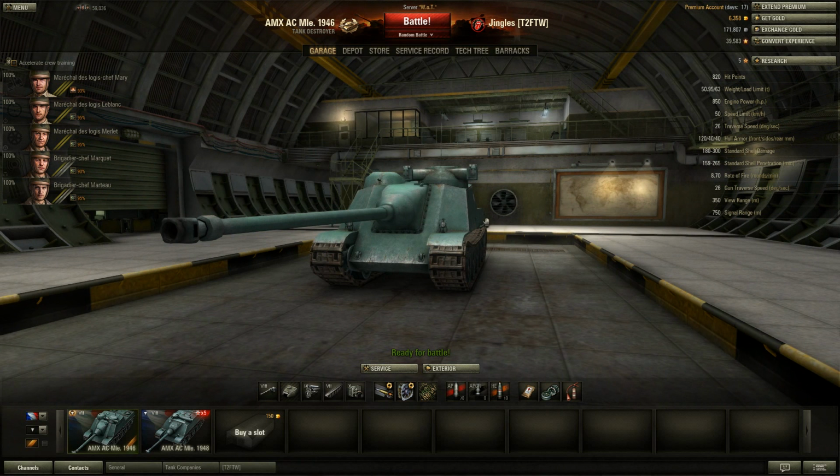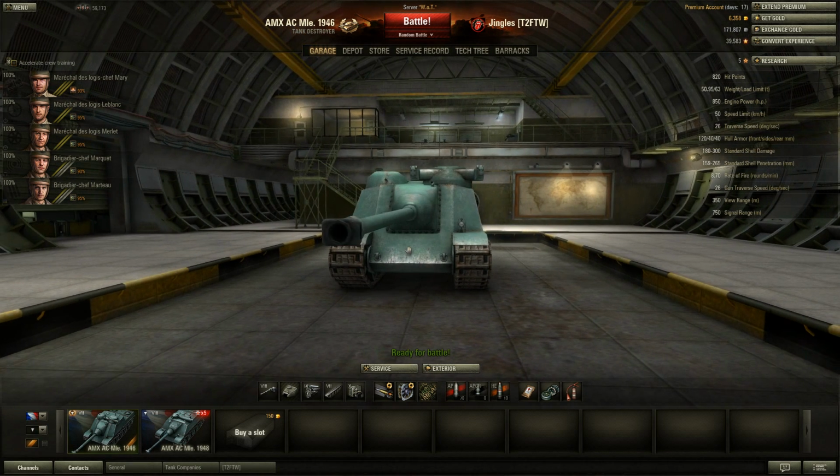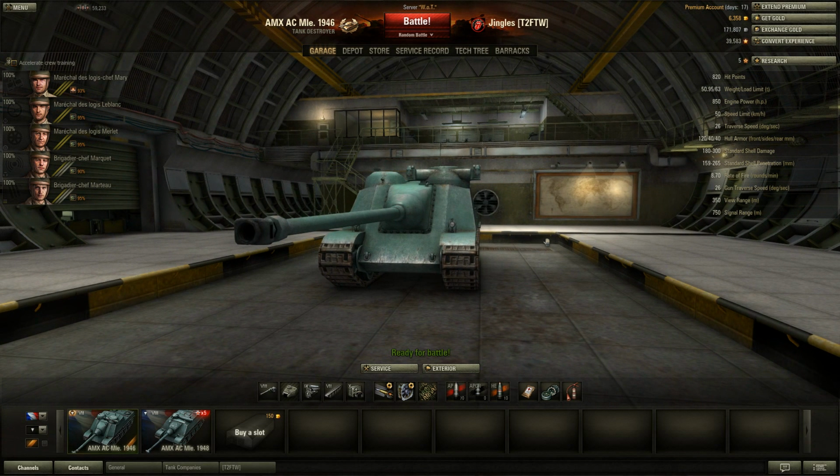French tank destroyer drivers have had to put up with a lot to get up to tier 7. The tier 5 S35 isn't bad. It in the right circumstances is actually quite good. But most of the other French tank destroyers were either just awful or nothing to get excited about. Once you get up to tier 7, it's fun times ahead. Starting with this thing. Now, what's so good about it? Well,